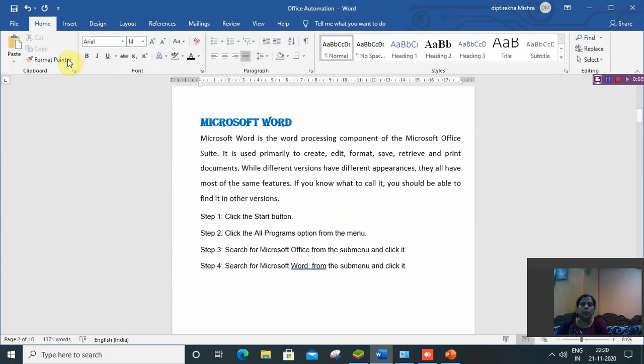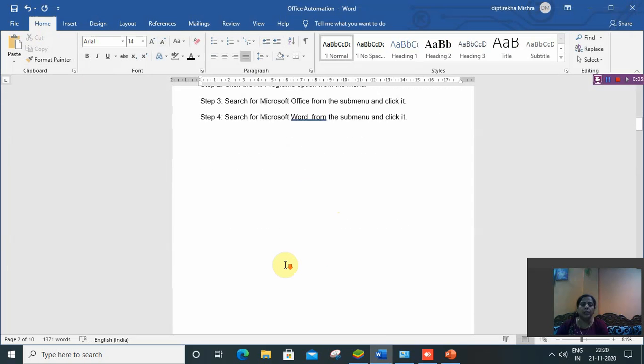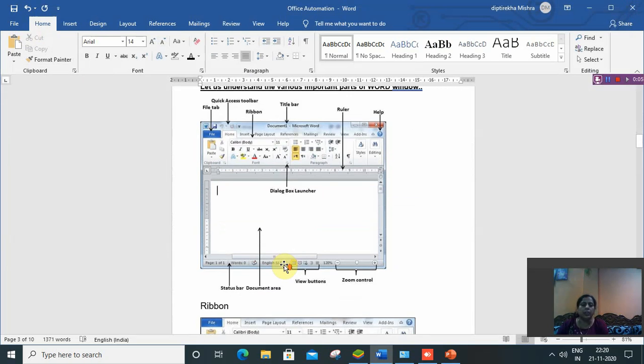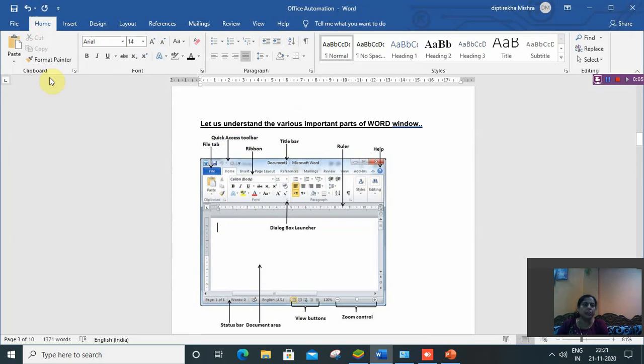Now we discuss the Word window. The first part is known as the title bar. In the title bar it will display the name of the document, that is office automation, and it has many tabs like file, home, insert, design.